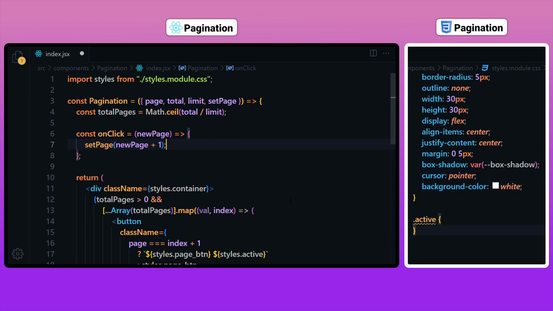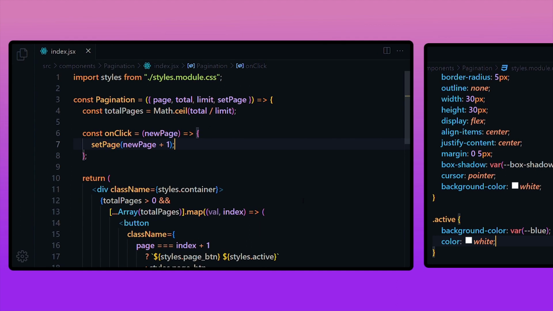For active class, let's set background color to be blue and color will be white. Let's save CSS file and JSX file.